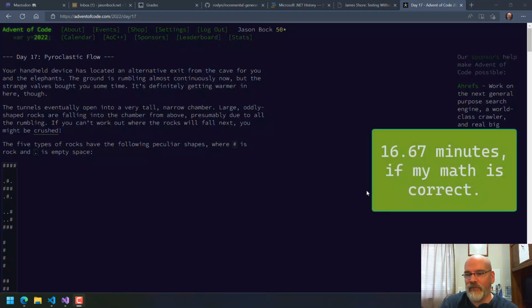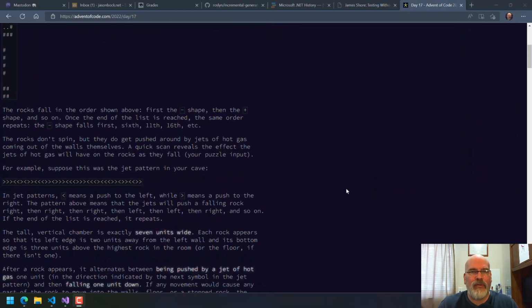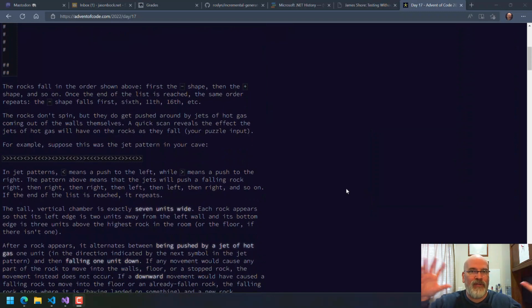And so part of me said, okay, again, what's the optimization here? The thing that I thought of, again, is this kind of ring field circular thing going on, which is that the jets here will eventually wrap around. So it seems like at some point the rock stacks are going to get to be cyclical. They're eventually going to repeat. And so once you find that repeating structure, then it becomes, aha, I know how high it is. I know at what point that happened. And so I can basically just add